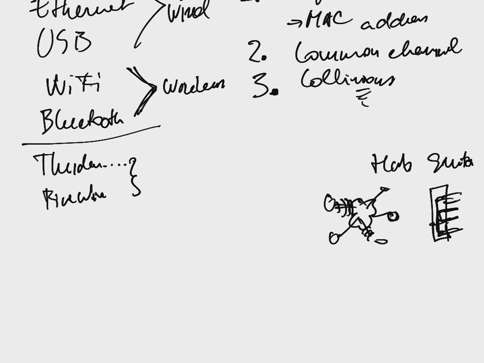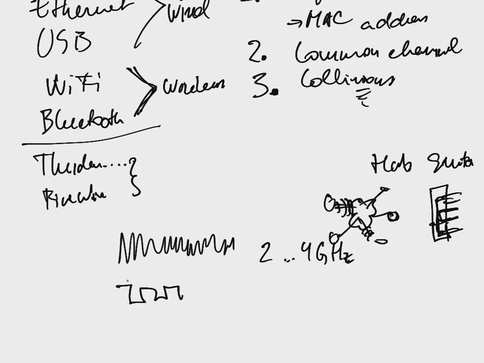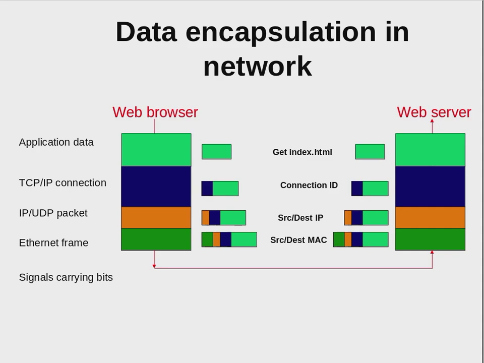For example, for these wireless devices, you always have this carrying signal, which is a high frequency signal, approximately 2 to, I do not know, 4 gigahertz. And then it is somehow modulated, usually by frequency, to carry actually these bits of zeros and ones. And of course they have different kinds of error correction, etc. But otherwise, in theory, all these are very similar.